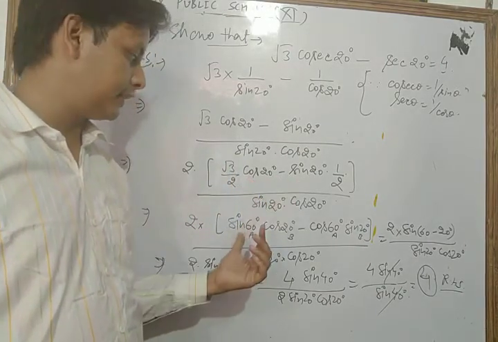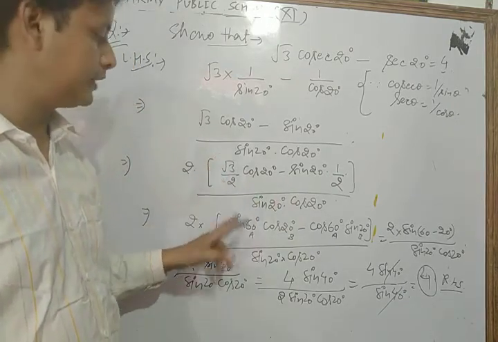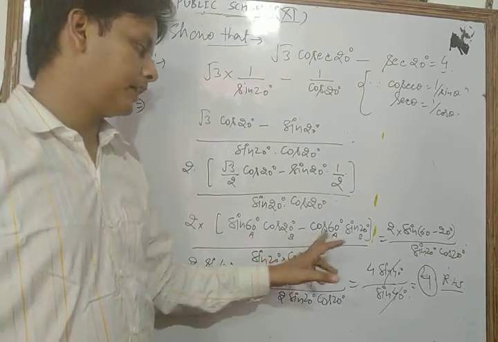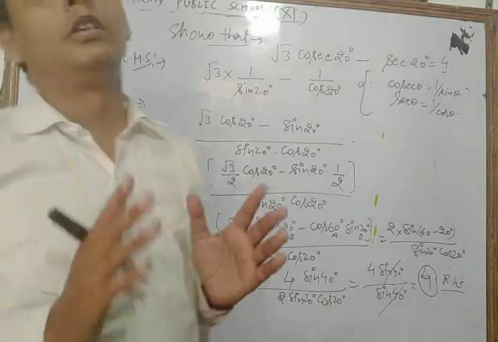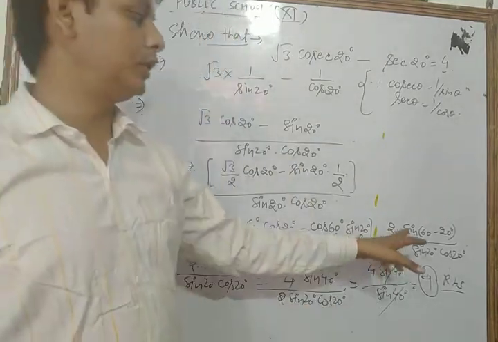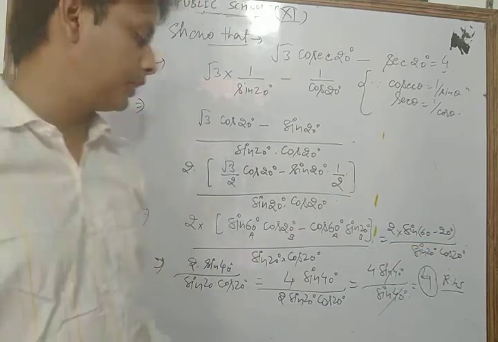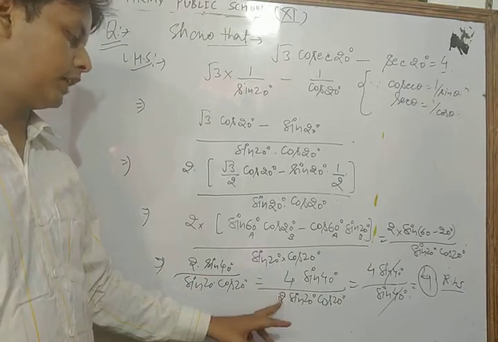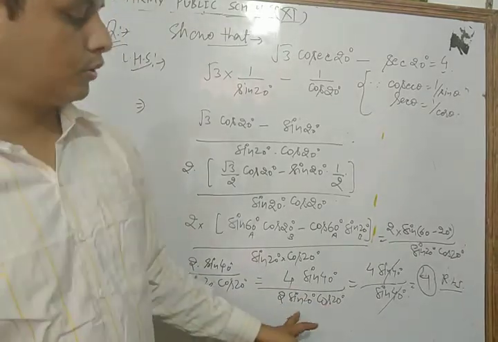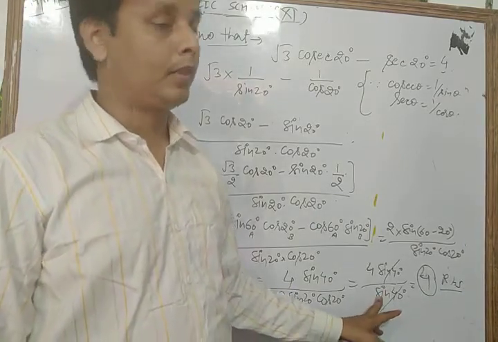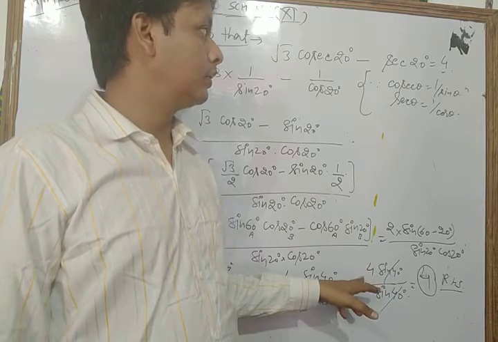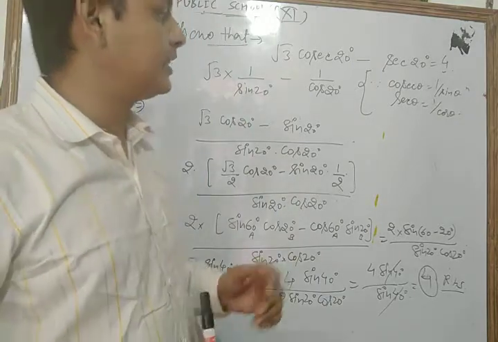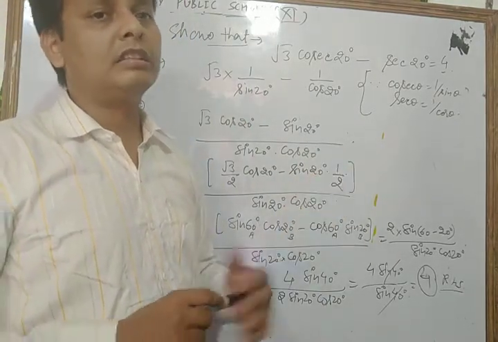this is a form of formula, that is, we write root 3 by 2 as sin 60 and 1 by 2 as cos 60. Then we get sin A cos B minus cos A sin B. This is the formula for sin(A minus B). Okay, so here we write 2 into sin(60 minus 20) as sin 40 degrees. Now again here we multiply both the numerator and denominator by 2. Then here 2 to the 4 and 2 sin 20 cos 20, and 2 sin 20 cos 20 is sin 40. Sin 40 and sin 40 cancel each other, so this is equal to 4, which is our result. Okay, so dear students, you can solve all the questions of your NCERT exercise based on these identities.